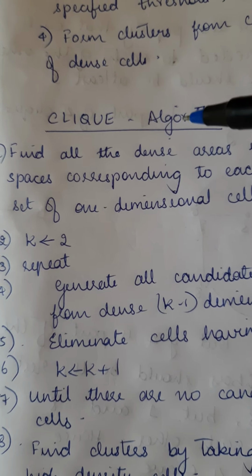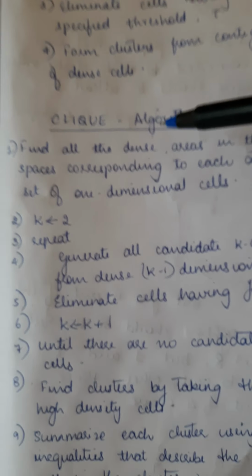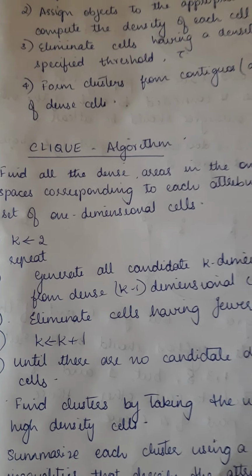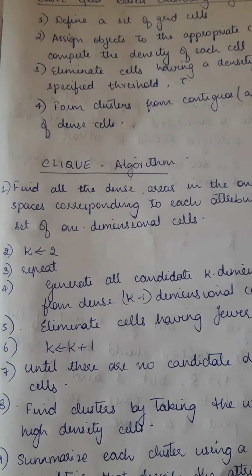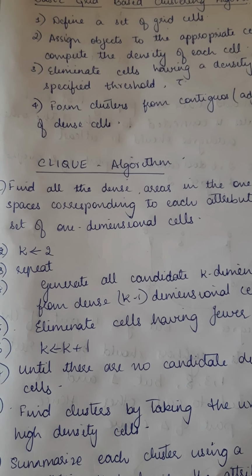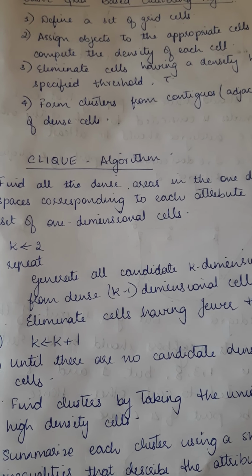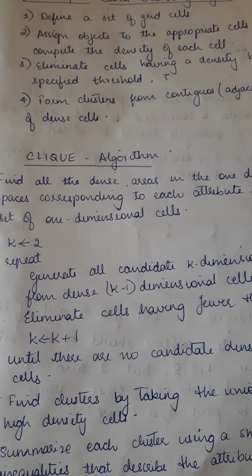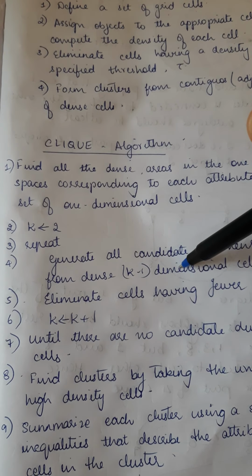It is also called a density based algorithm because it is a set which consists of a number of dense units. Dense means what? More number of units. You have a particular threshold. If it is exceeding the threshold, we say it is dense. So more number of units, and then we connect these dense units to form a cluster. That is what we are doing in the CLIQUE algorithm.